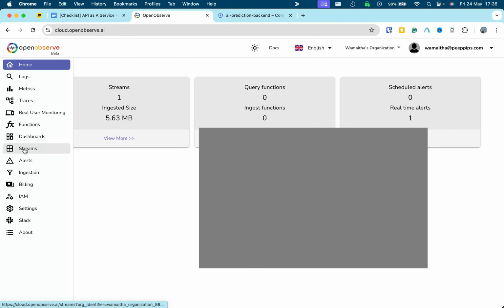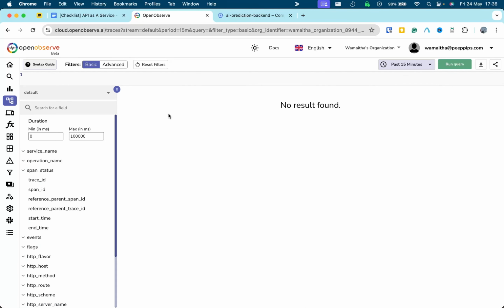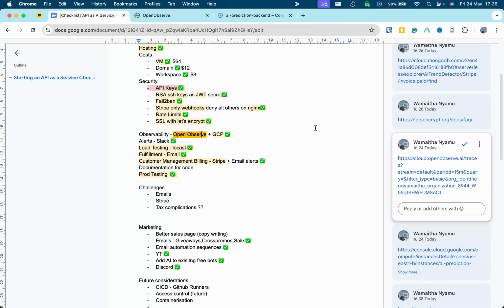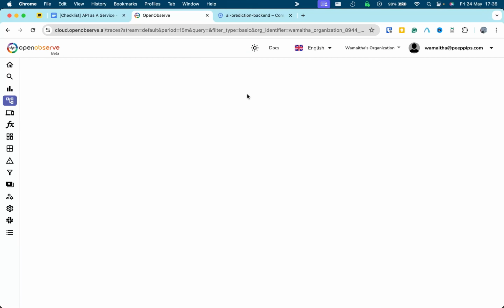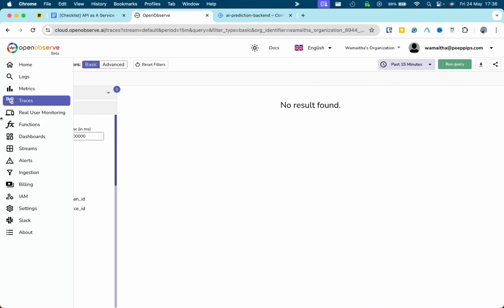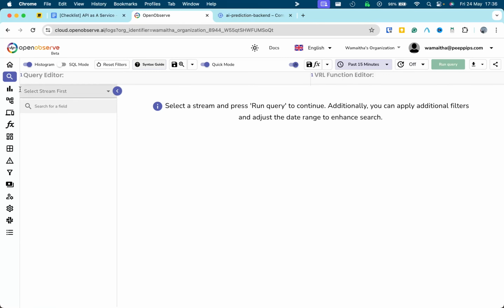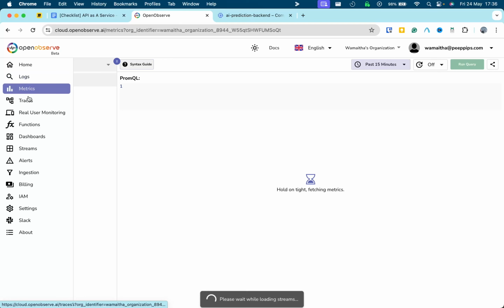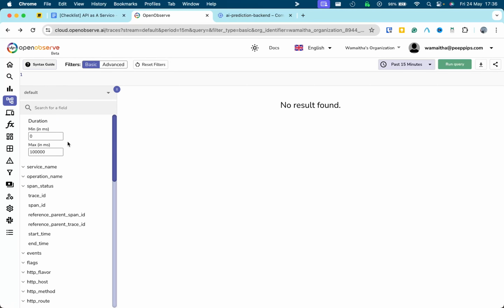Yeah, so this is for traces. I'm using OpenObserve, but you can use all of them. You can use OpenObserve to do metrics and logs as well. It's just that I didn't want to set up more things, because for logs you need to do some extra steps. Same with metrics, but I just wanted to use traces for my case. So for the traces, I have